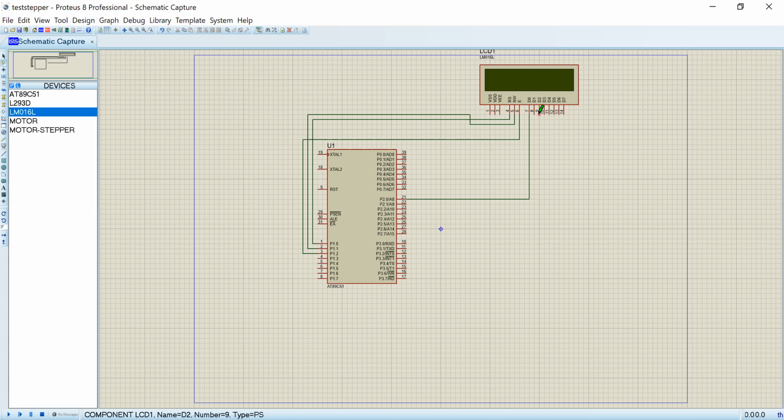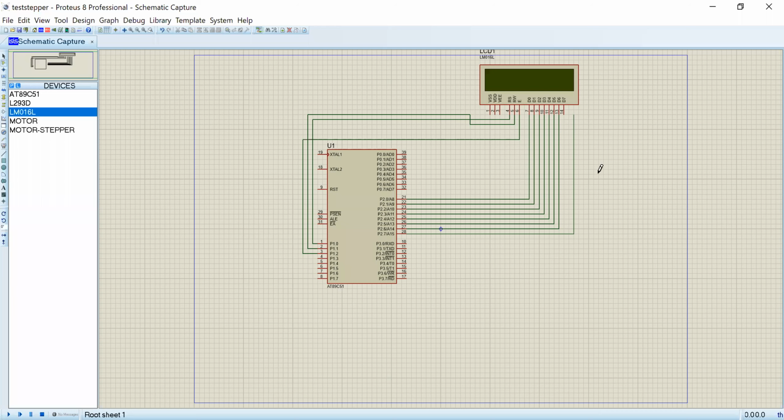Just connect sequentially: the 0th pin to 0, the first pin to the first pin, the third pin to the third pin. Like this you can connect sequentially. So this is the basic connection, as per the program we have done. Any type of port pin you can connect; you can take port 1 or port 2 as the data line.